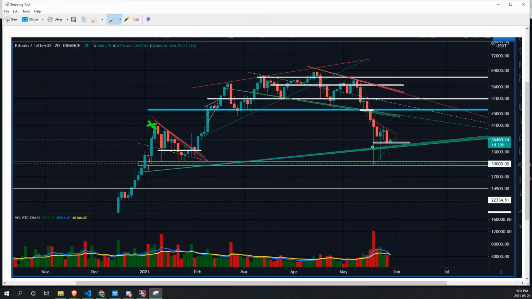This is a previous major level of support, but we were just touching the 30K range, and we see wicks below the 30K range in the previous low. And this was our first major contraction, and then they get the very explosive push to the upside there. And what we're seeing again right now, look how many wicks are here. We see tons of wicks to the downside right here. Big wick right here. Yes, you get a massive wick to the upside here.